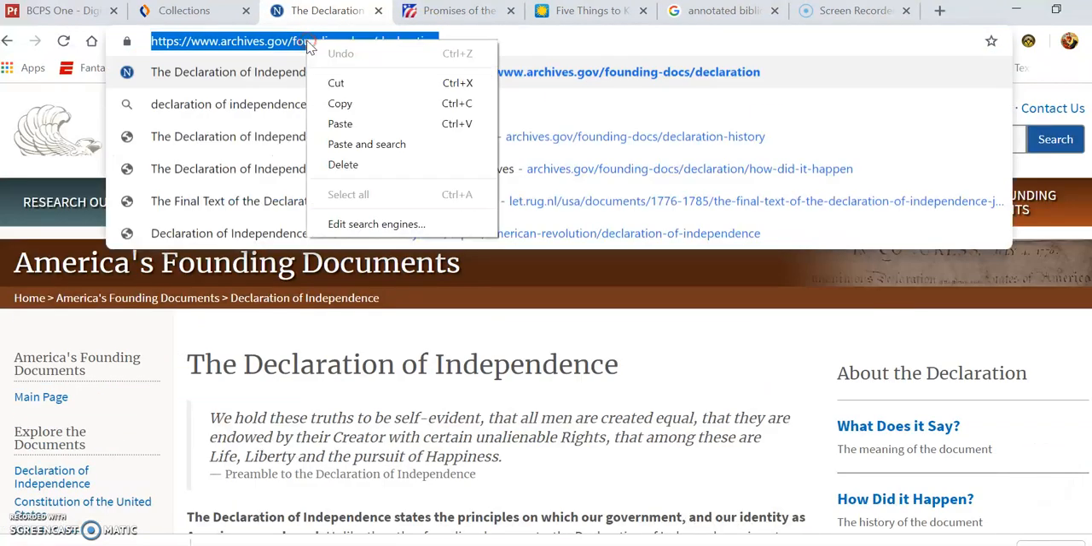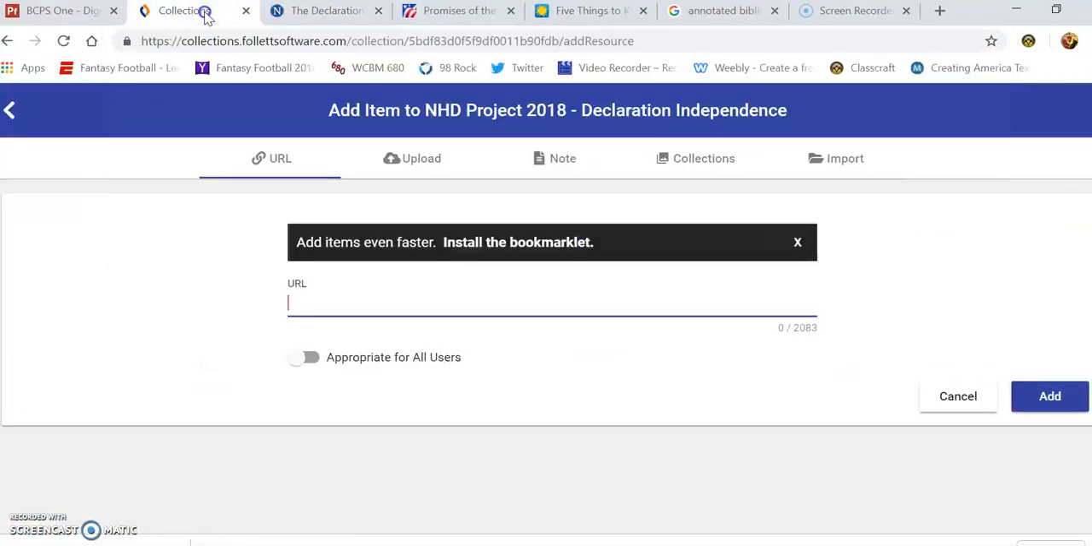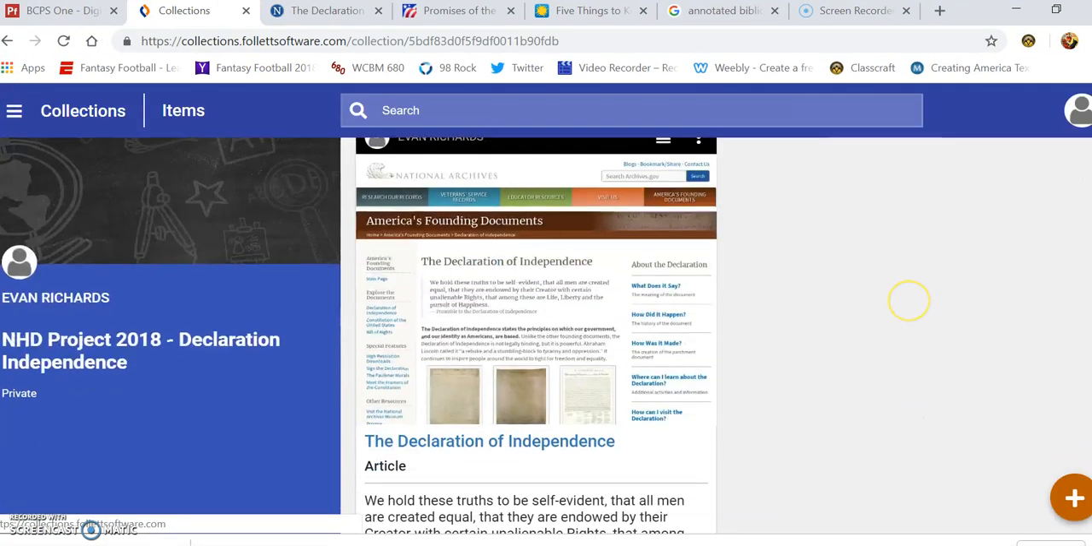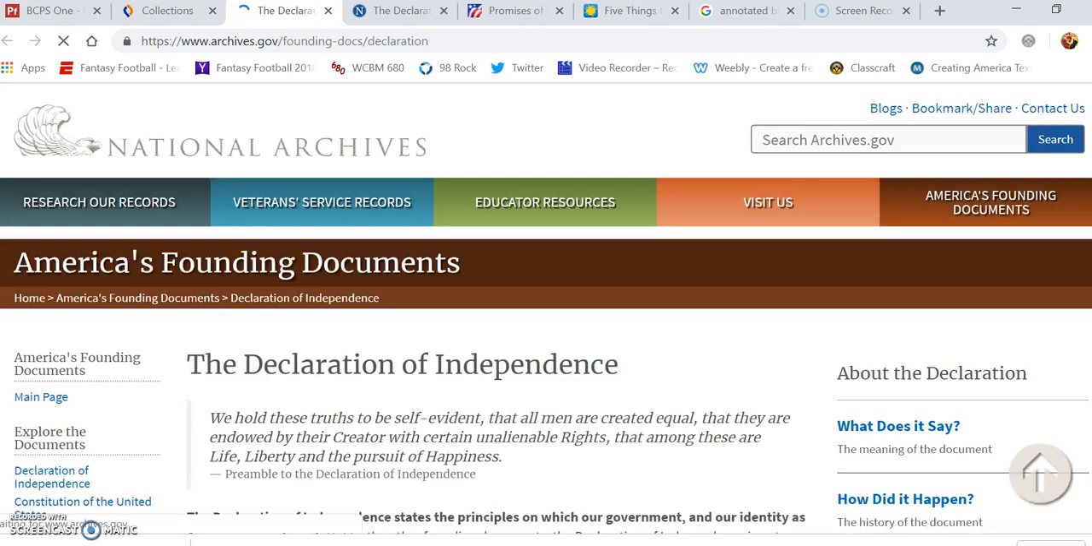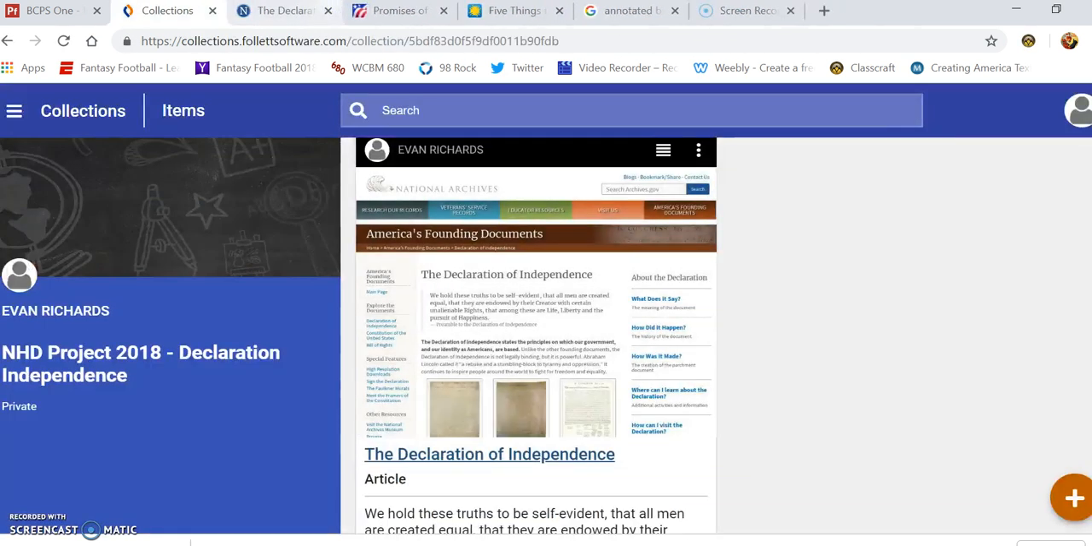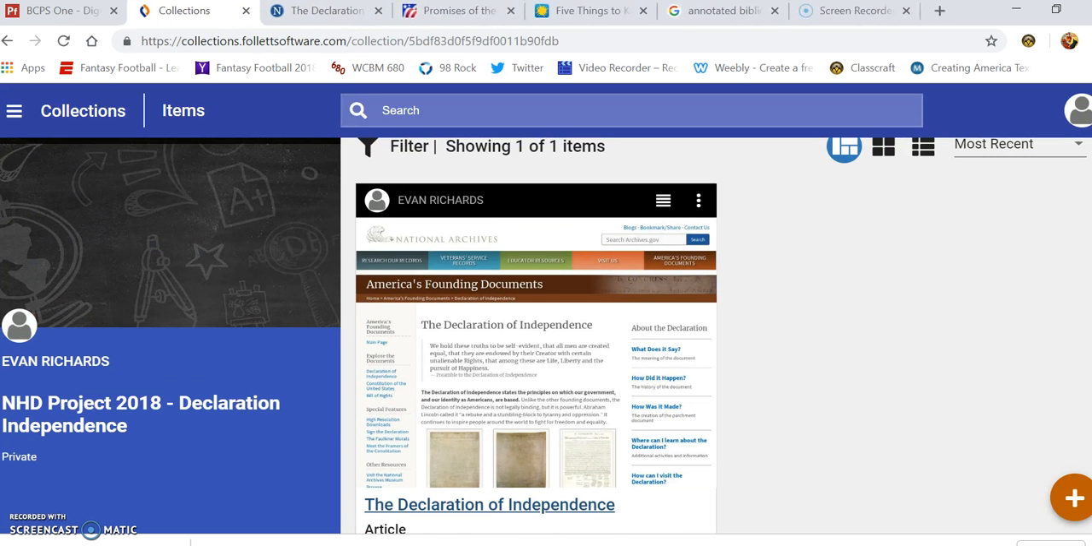So let's copy it, and we'll go to the collection, and we'll paste it, and we'll add it. And look at that, they've got it right here. Now, the cool thing is if I click on it, it takes me right there. Now, what I'm going to do is